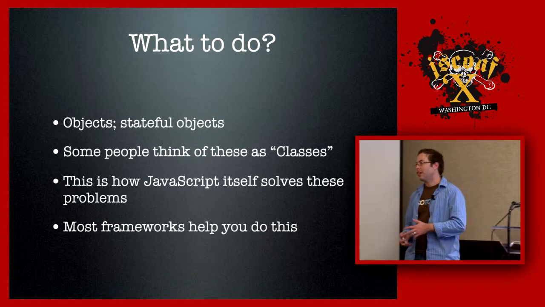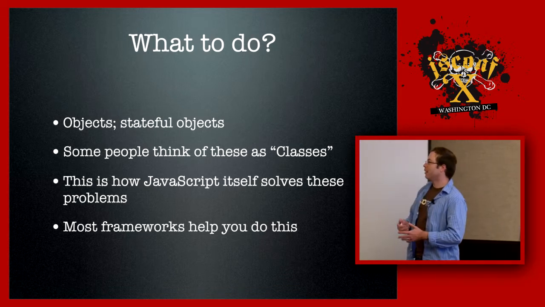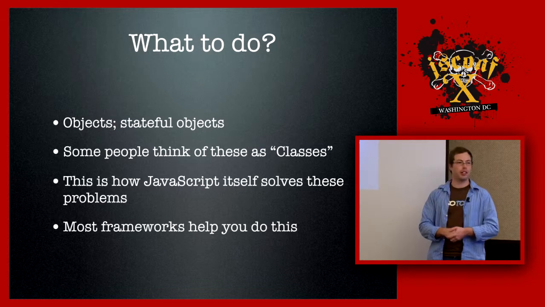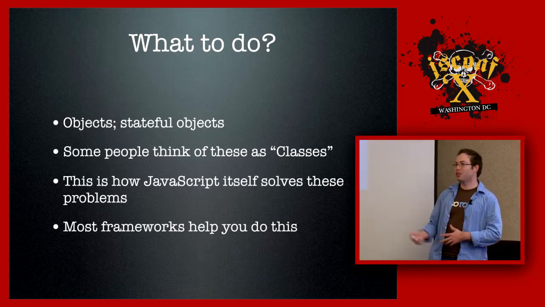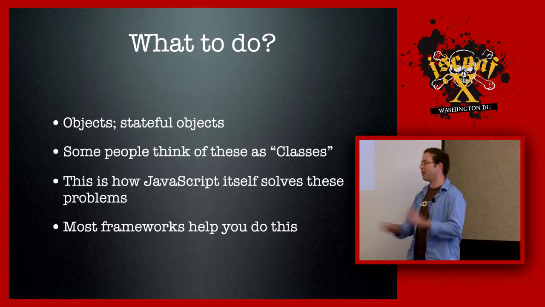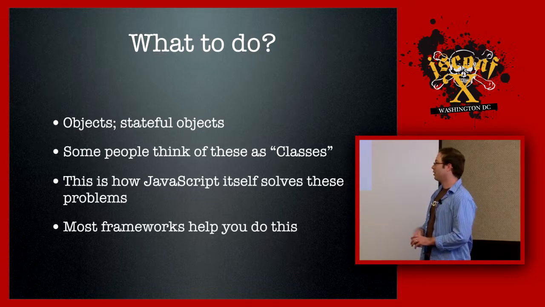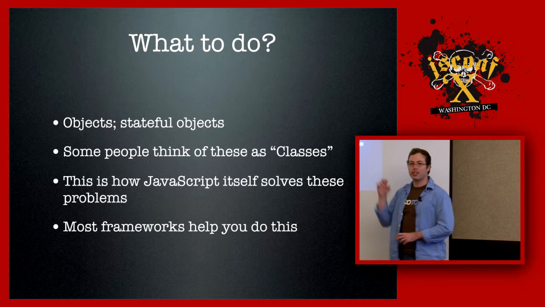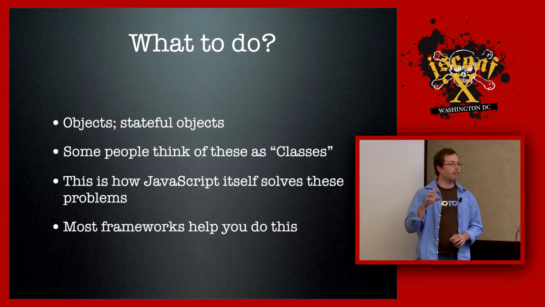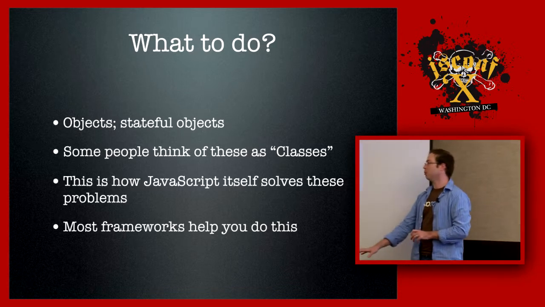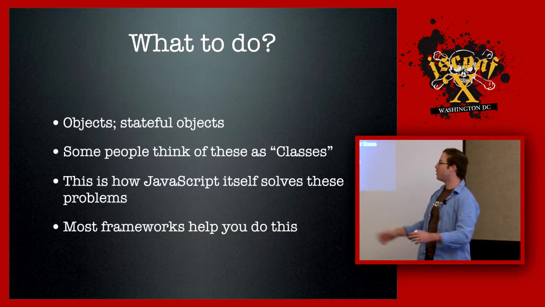Well, first, get over the fact that JavaScript is a really powerful functional language, and get really comfortable with objects. They're both great. I'm not saying that you shouldn't be using JavaScript as a functional language. You should absolutely be using functions to pass around as variables and treat them as first-class objects. But use objects to store the state of an instance of this form validator, or that date picker, or this autocompleter, and then you have 10 of them on the page, it doesn't matter.